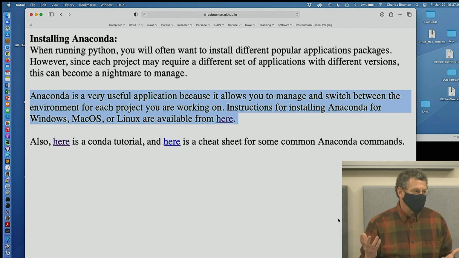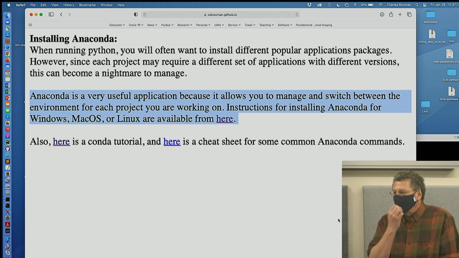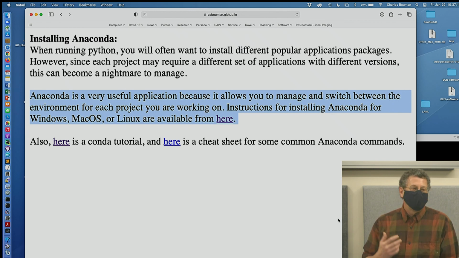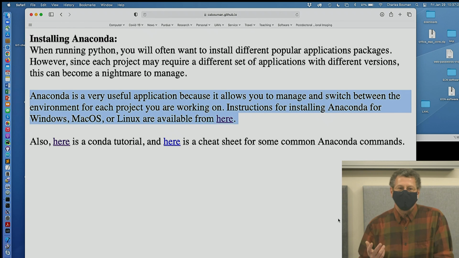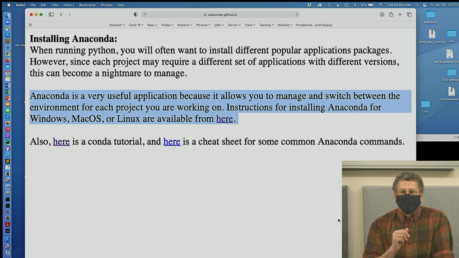So that's really cool. But then what ends up happening is for every problem you're working on, you have a different configuration you want to use, and it gets really confusing maintaining all the different configurations. So Anaconda is an environment which allows you to manage the packages. In other words, you can have a different environment for each problem you're working on,